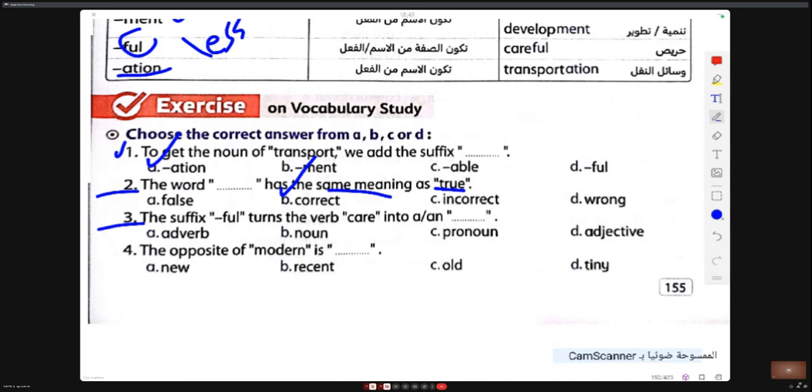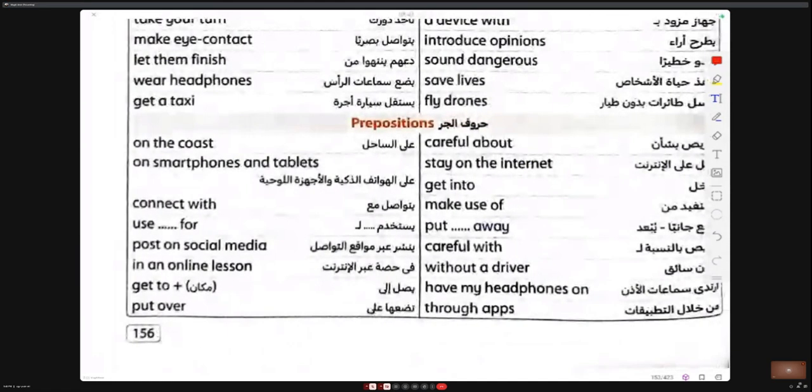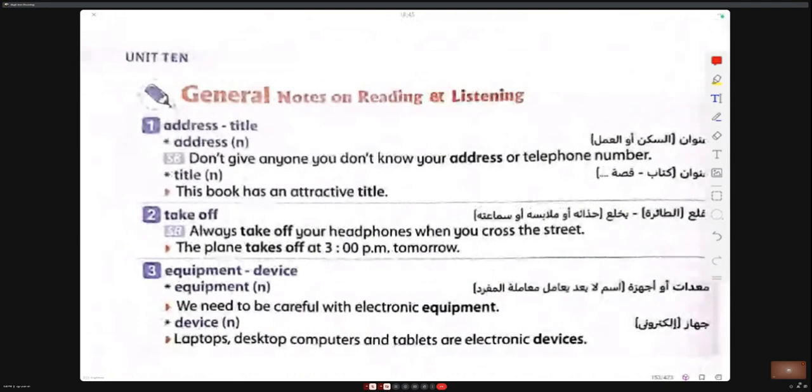The suffix ful turns the verb care into an adjective. Yes, an adjective. The opposite of modern is old. Address and title. The difference: title is the name of a text or something like this.